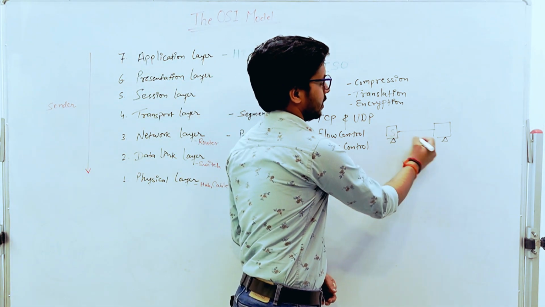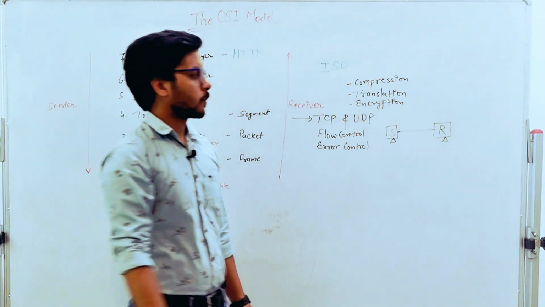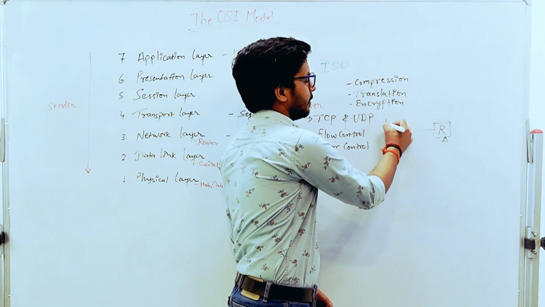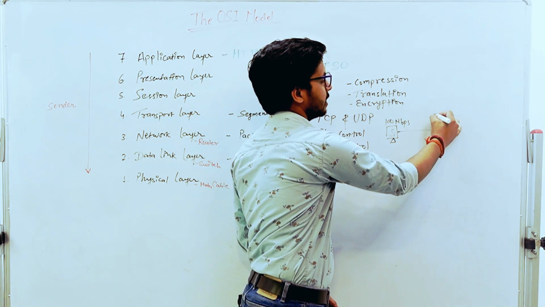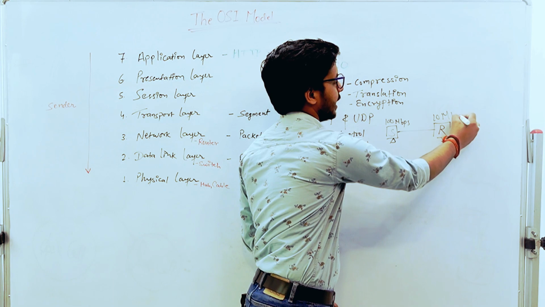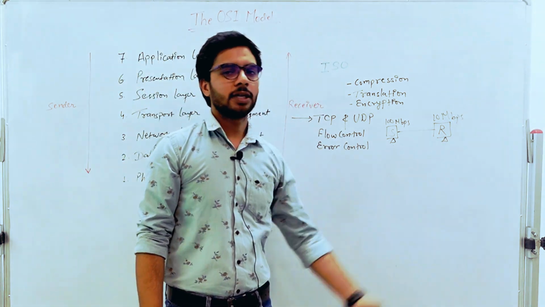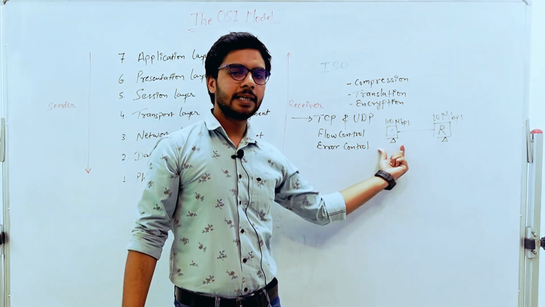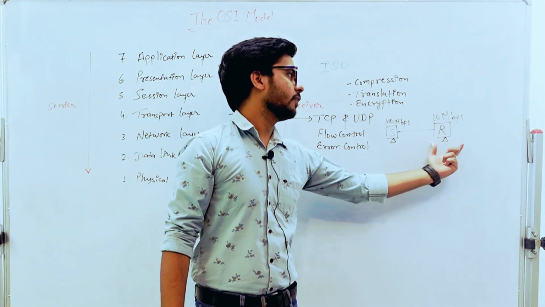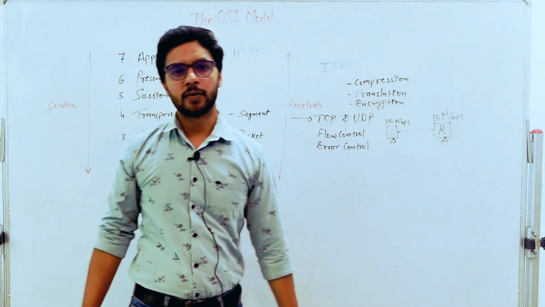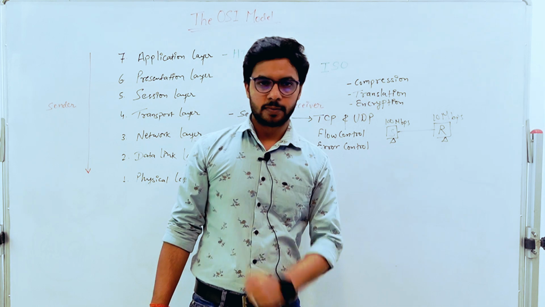Here we have the sender and this side we have the receiver. So if your sender is able to send data at 100 Mbps and the receiver is able to receive at only 10 Mbps, the speed here is not matching. If your sender starts sending the data at its full speed, that is 100 Mbps, the receiver will not be able to receive the same amount of data. And what will happen? Eventually, the packets will drop.